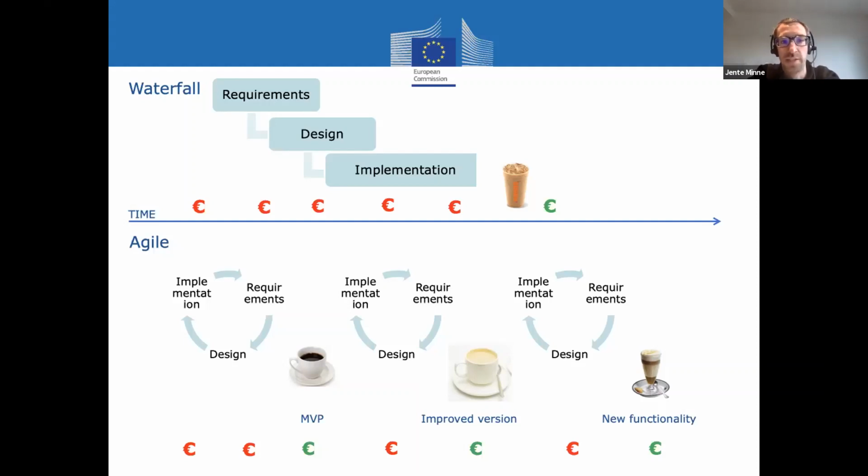Another important thing is that your learning curve is very different between waterfall and Agile. In waterfall, if you're not used to doing IT projects, you only go through the procedures once during the whole project, which can take 2 or 3 years: making the requirements, doing the design, testing, implementation. With Agile, in this example, you have already gone through all these steps 3 times. After every step, you have an evaluation that you can learn a lot from. But also, as you're making a product and putting it on the market, after every sprint, as I call it, the circular